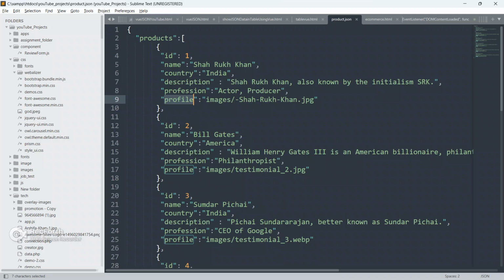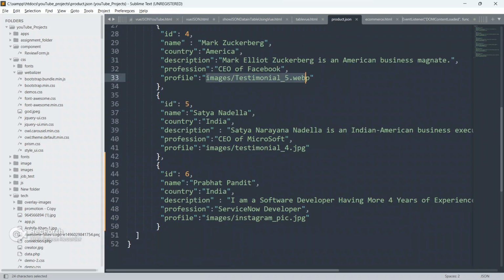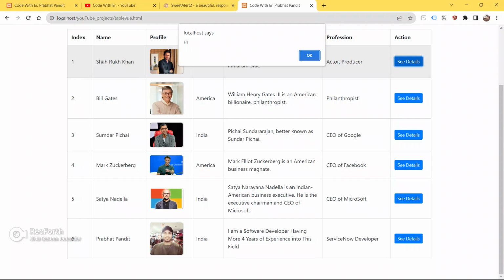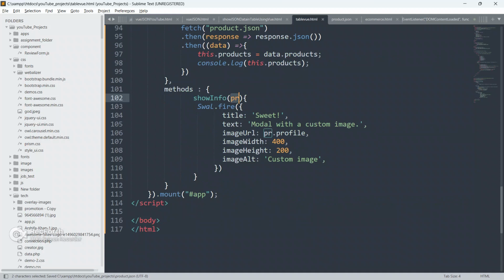Now we have to do PR dot this profile. From here it will display this image, and this image, and each of these images, on the click of this button.